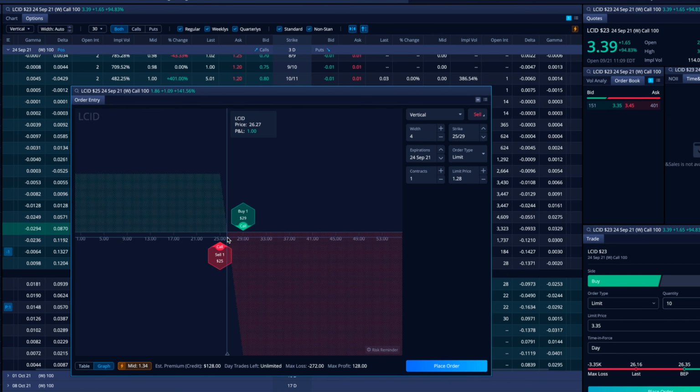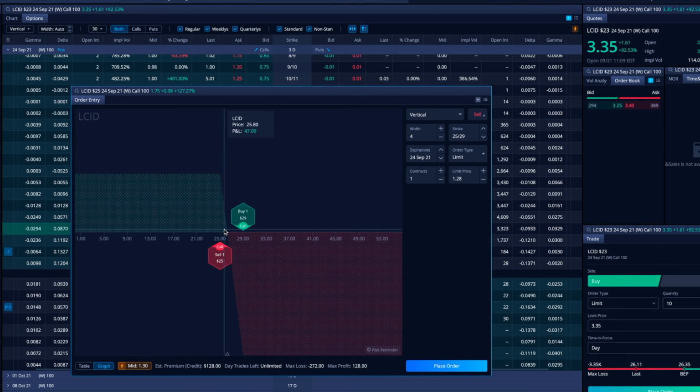Why is that the case? Well, our break-even point is going to be calculated by taking the contract that we sold and adding the premium. So right now, our limit price is our option premium, okay? Our limit price right here is $128 for this spread. I can adjust that, and that could change depending upon if I'm waiting too long to enter this and whatnot. So I'd always make sure before you enter, make sure you haven't wasted too much time. Make sure the stock is still trading where it was, or you have to potentially adjust this limit